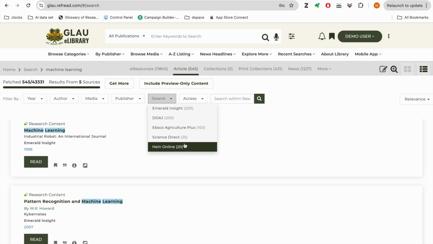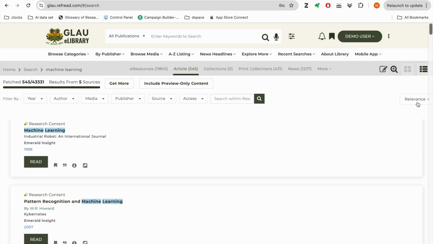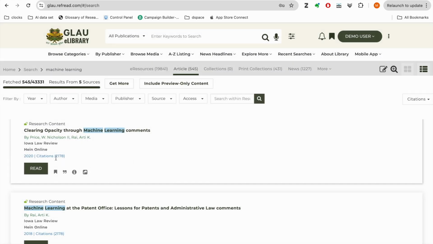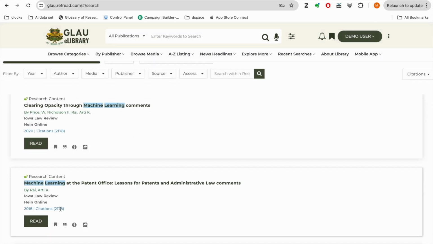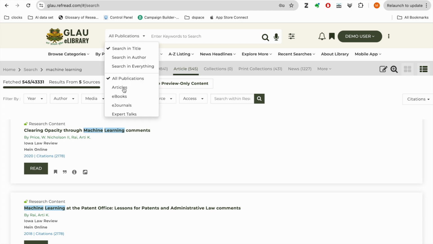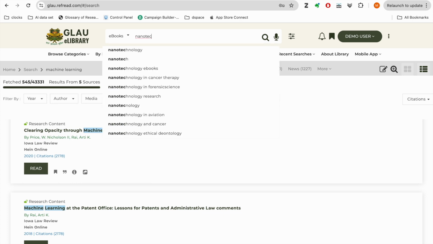Research scholars can use this meta search to find the latest and most relevant scholarly papers and save a lot of time and effort. You can also sort articles by citation count so that you never miss out on the most cited articles. Please note that you can also limit your search to a particular media type using the option available in the basic search bar. For example, here I am searching for only ebooks related to nanotechnology.